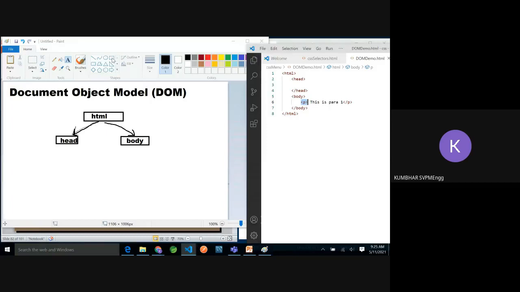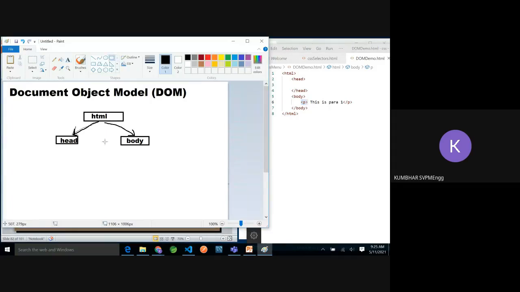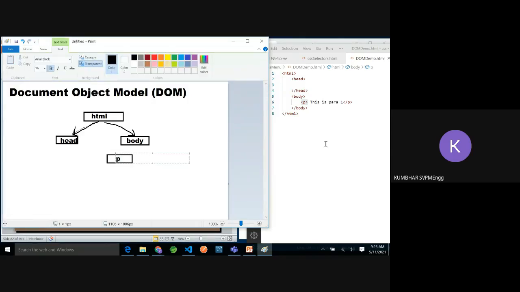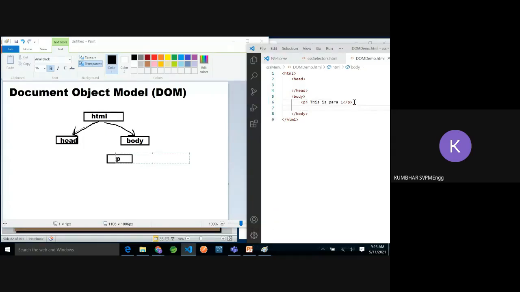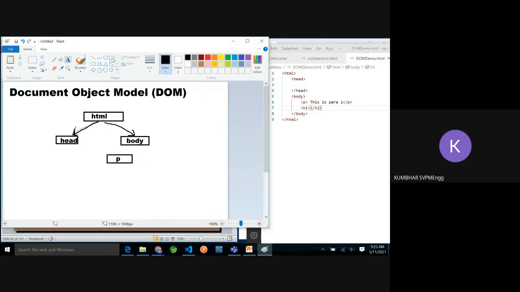So to the body, one element is added as a child, and that is the paragraph. If I add one more element, h1, then this DOM tree will extend, and obviously these two will be children of this body. So do you understand the DOM tree?